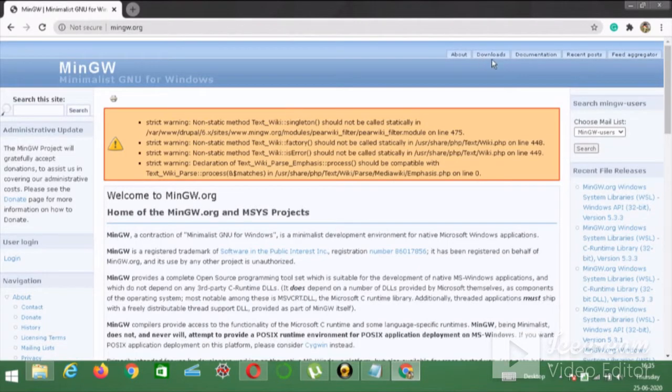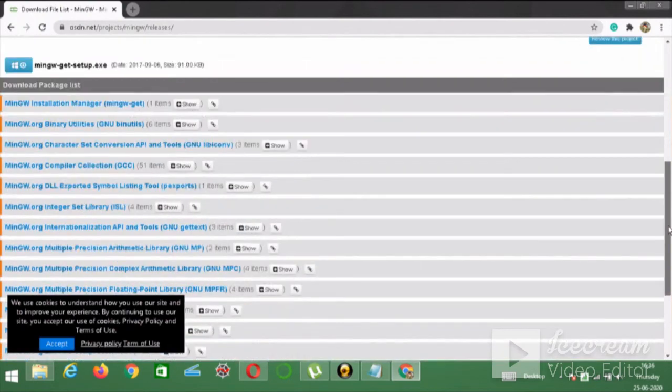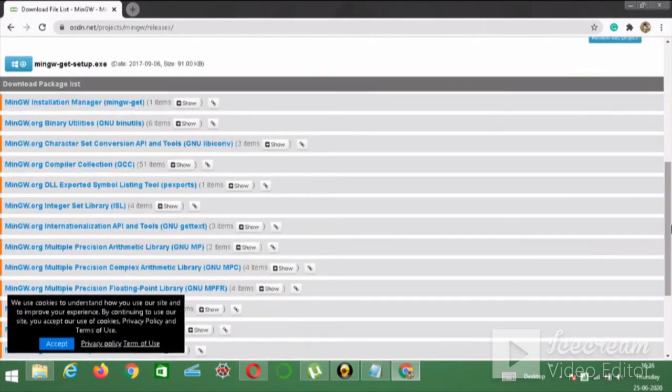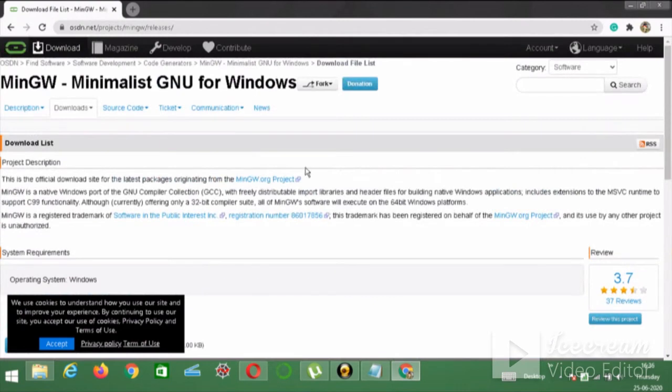From here, you need to go to the downloads. Just click it and it will show you the site. There is a list of the GNU and MinGW packages. You can download the setup executable file by clicking this button, or choose any of them which is suitable for your Windows operating system.